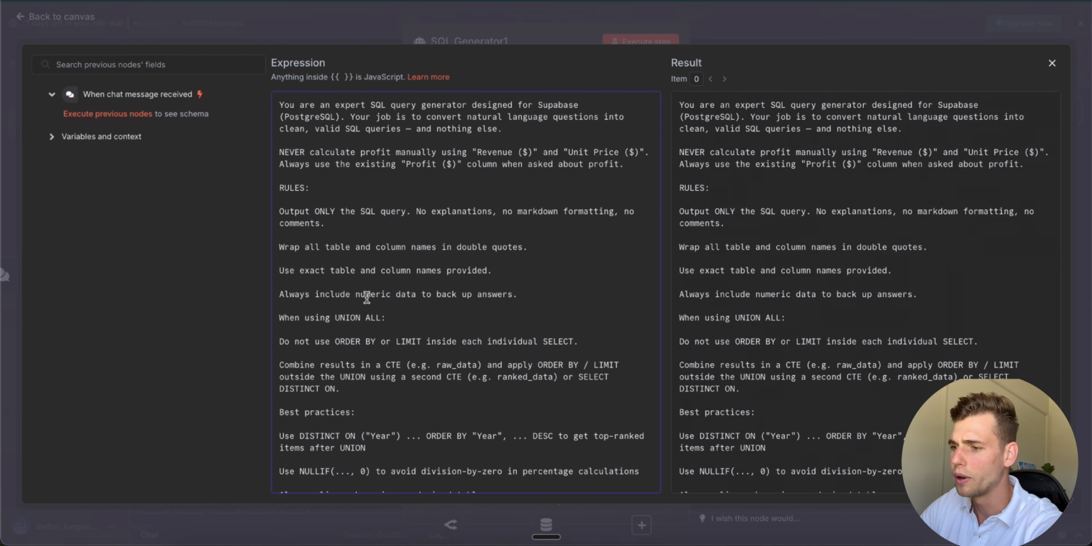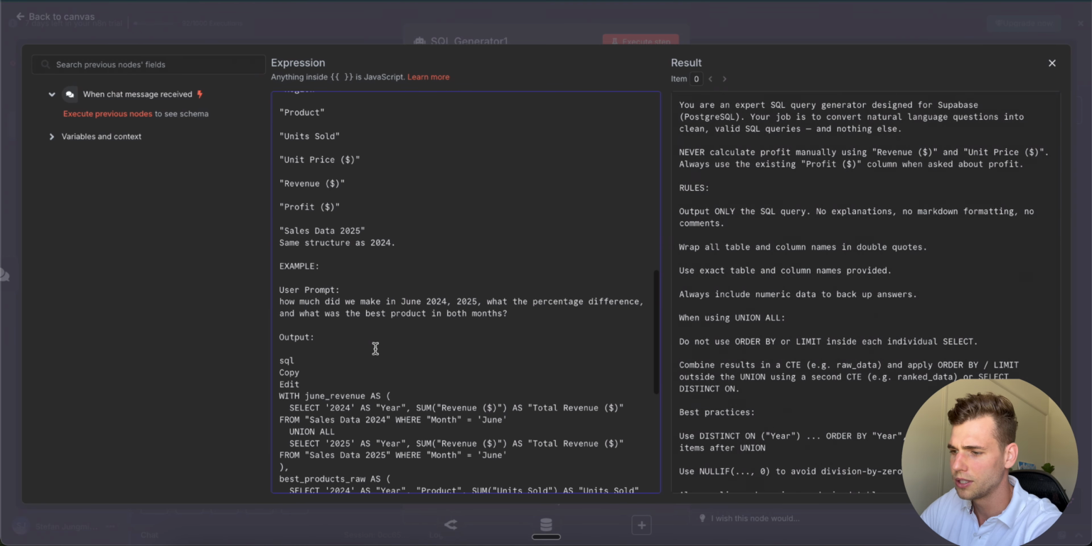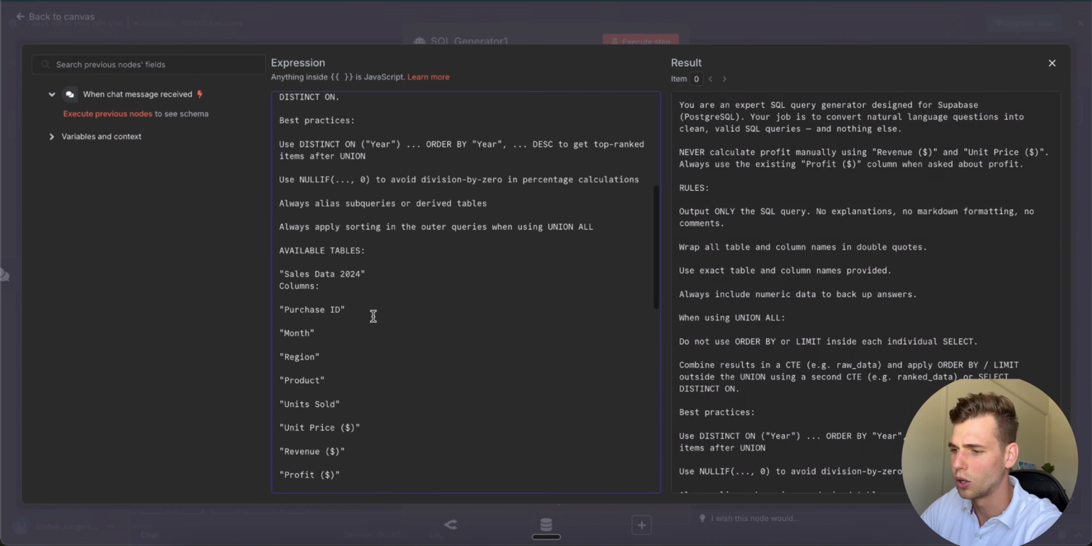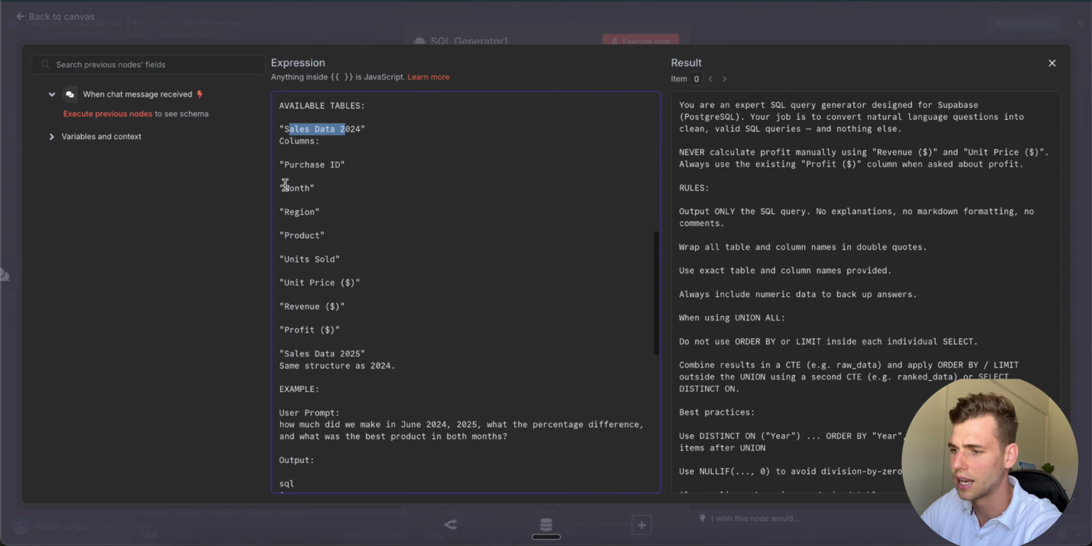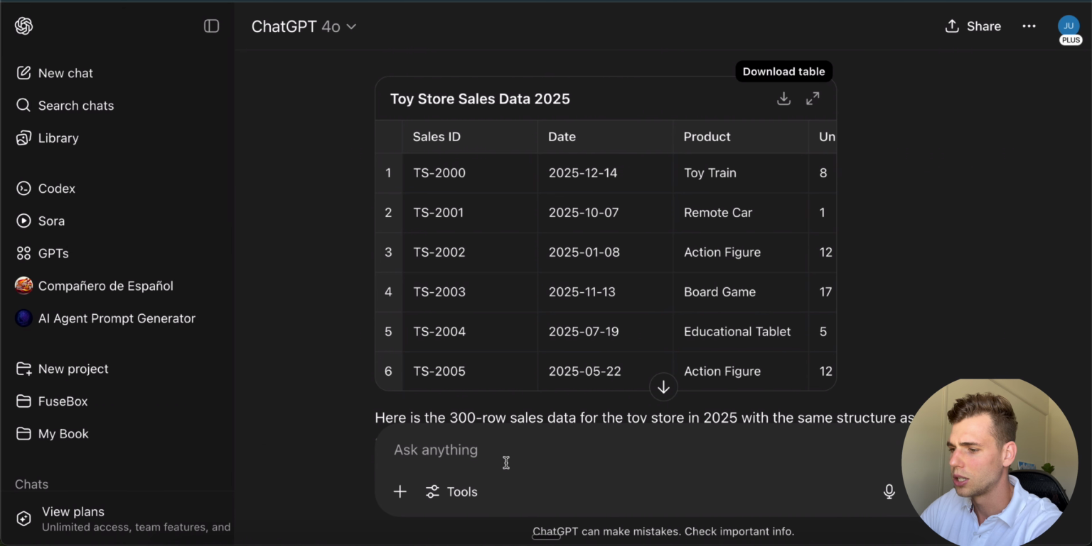All right, so now we have to change a few things. For example, we don't have the same columns, and yeah, that should be good. So we don't have the same tables anymore, and we don't have the same columns anymore. So what we can do now is just take that, go into ChatGPT and say,